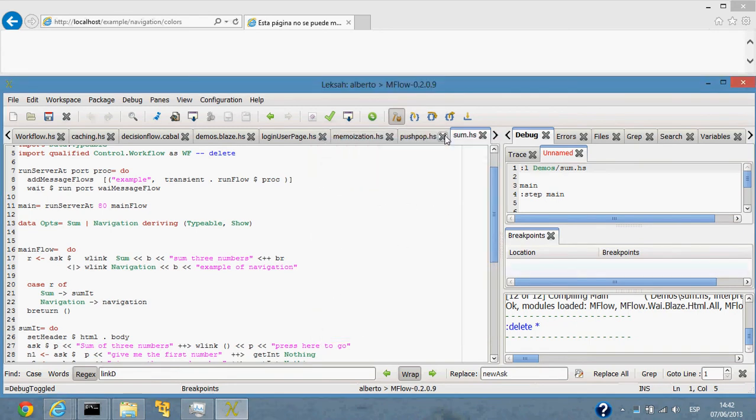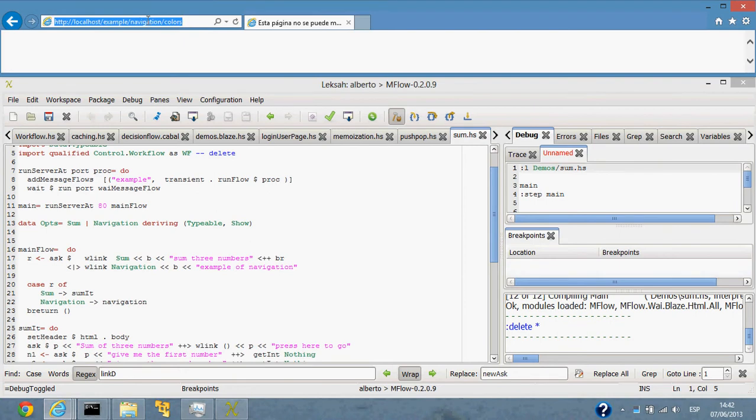Let me show you some new features of MFlow which are particularly interesting. One of them is full REST compliance with REST style URLs and addressability, where you can create a bookmark for every single step in a flow. So this is a little example